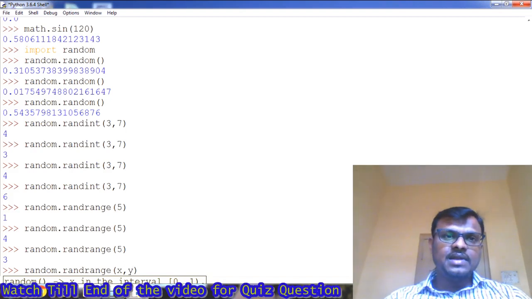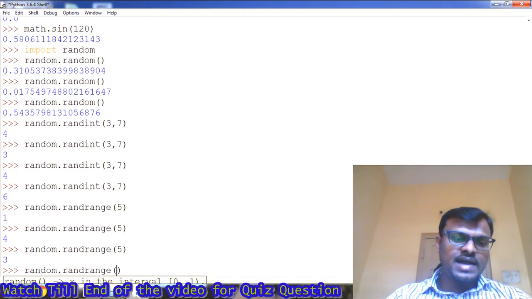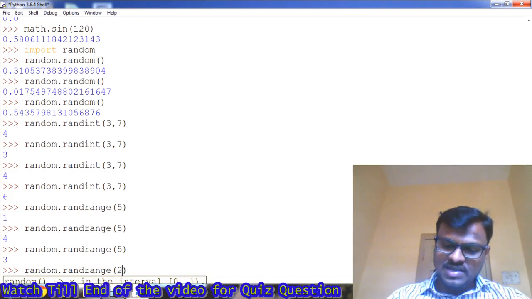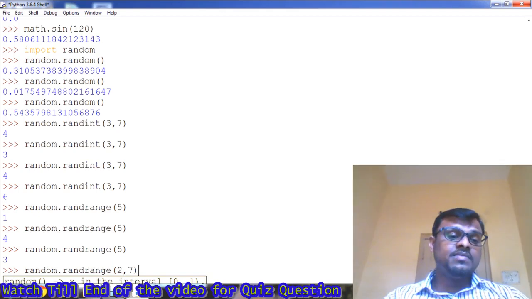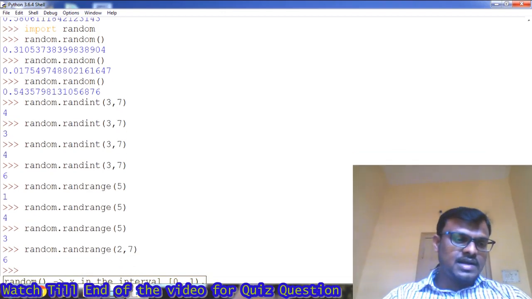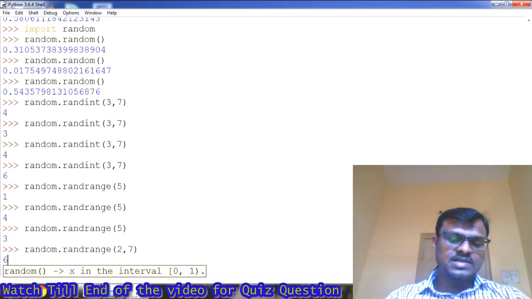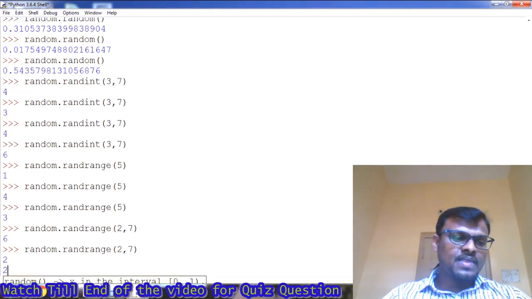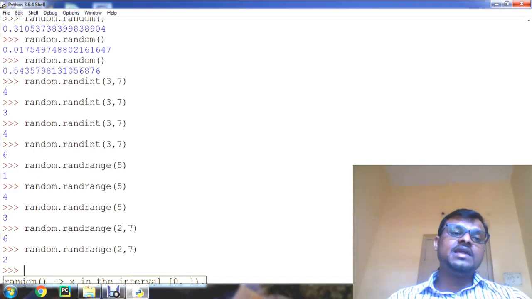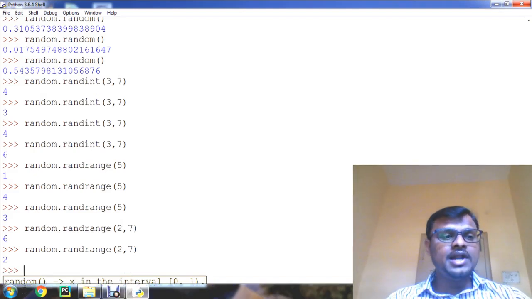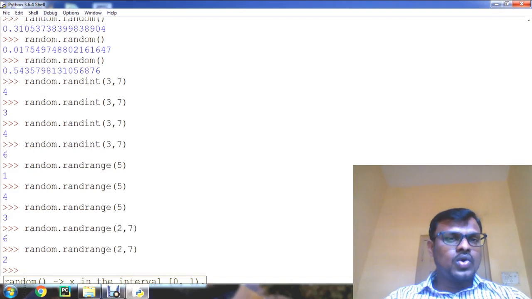For example, give values like 2 comma 7, that means it is going to generate a random number from 2 to 7. So let us check. It gave 6. If I do one more time, it gave 2. Understand? Like this we can make use of the random module in our program.